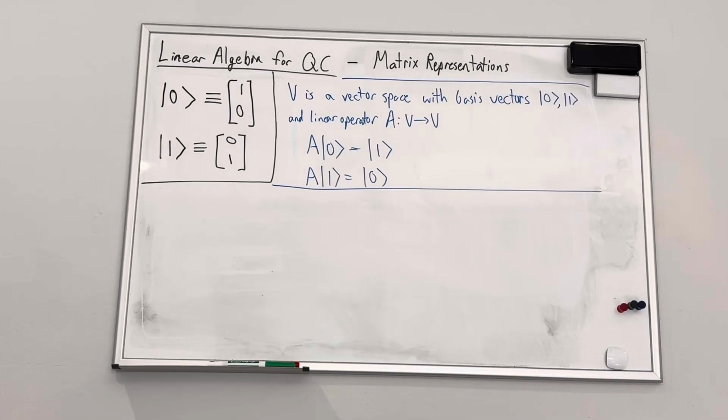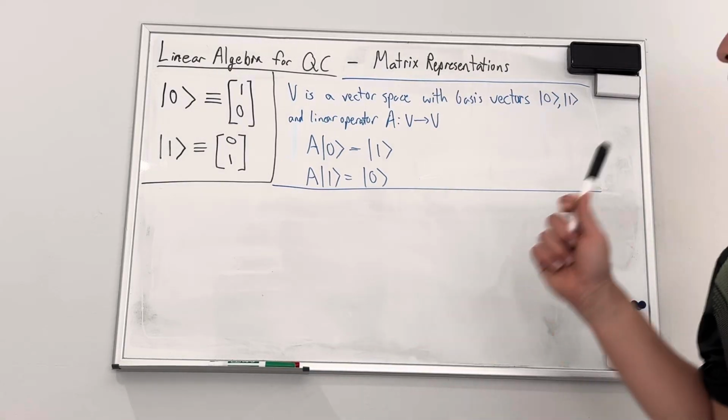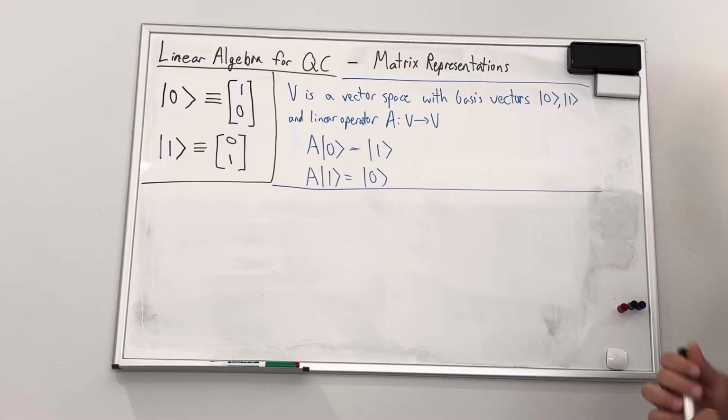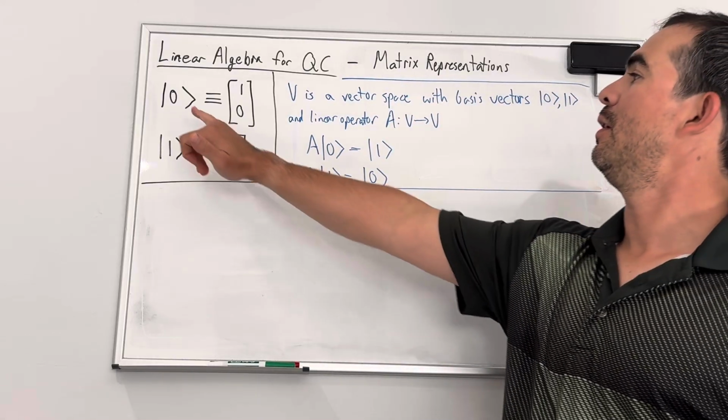Okay, so let's look at an example of how to find a matrix representation. This comes once again directly out of the Mike and Ike textbook. This is exercise 2.2. And one thing to note, in quantum computing, quantum information, we denote this special vector